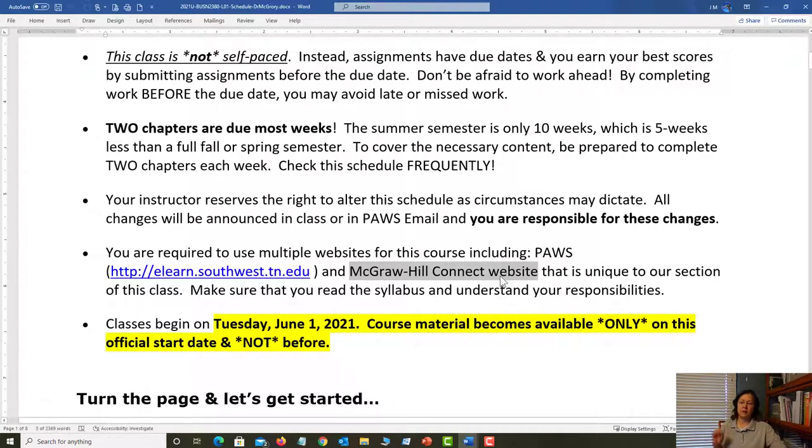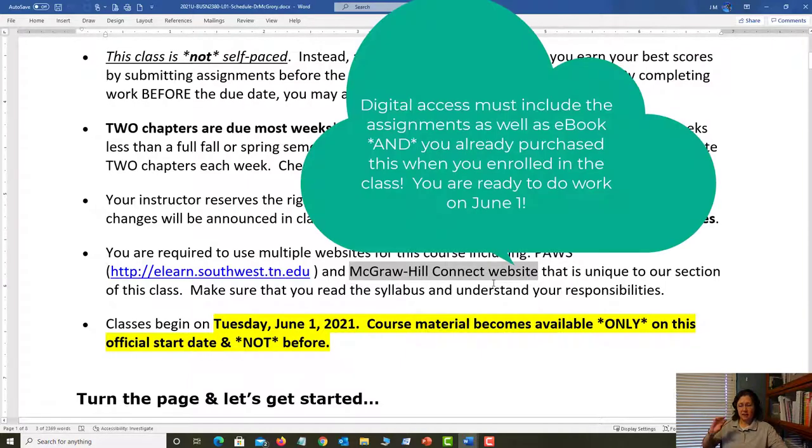We're going to talk more about Connect, but I will give you a little brief note here. You definitely need this digital access to Connect. It's for your book, but it is also for the assignments. I say that because if you are thinking that you're going to rent a book, a printed book, or rent a digital access code, those are typically only for the book, not for the assignments. When you enrolled in this class, our class participates in, I think it's called Inclusive Access now. Used to be called DEI, used to be called Include Ed. I think now it's called Inclusive Access. And what it means is this: you already purchased that access when you registered for the course.